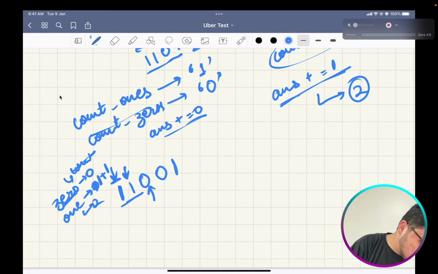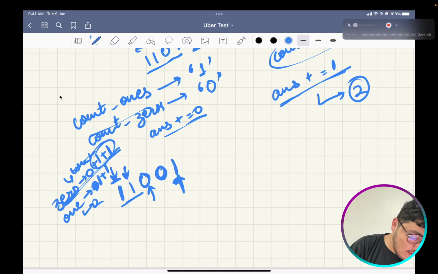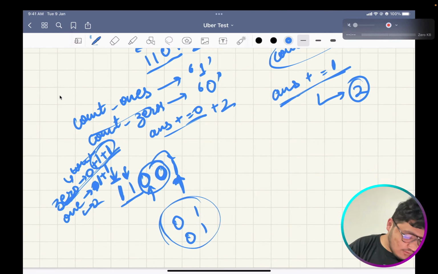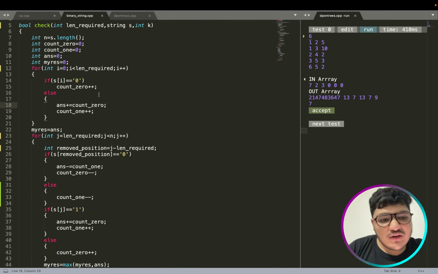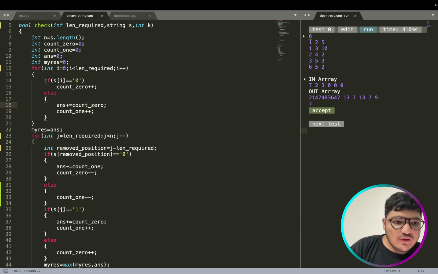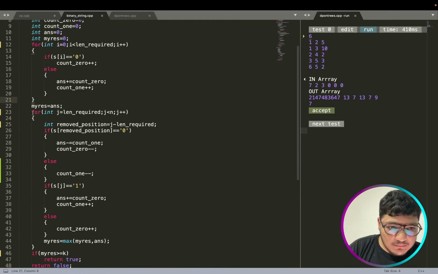And now I'll increment my count of zeros because I encountered a 0. Similarly, now I again encountered a 0, so I'll increment it by 1. Now I am here. Now I'll check how many zeros there are. There are 2 zeros already, so they could match up with this one. So 2 possible subsequences are there. That's why whenever I encounter a 1, I increase my answer with the count of zeros. If you understood this, then the rest of the thing is very similar to it.